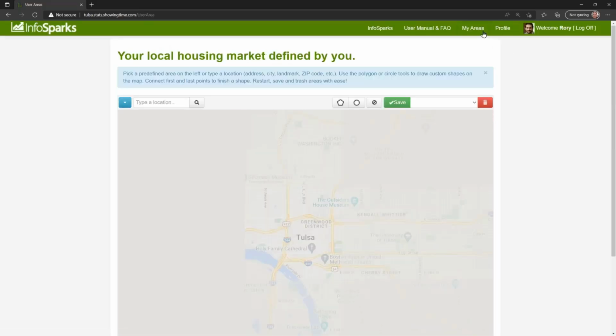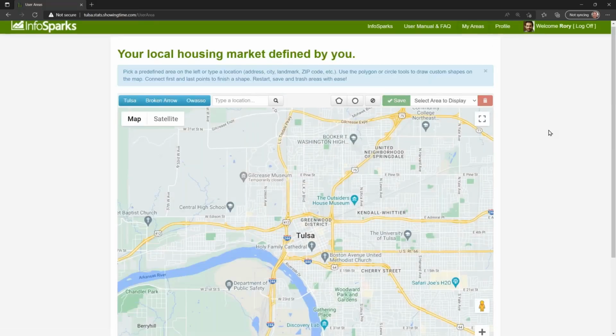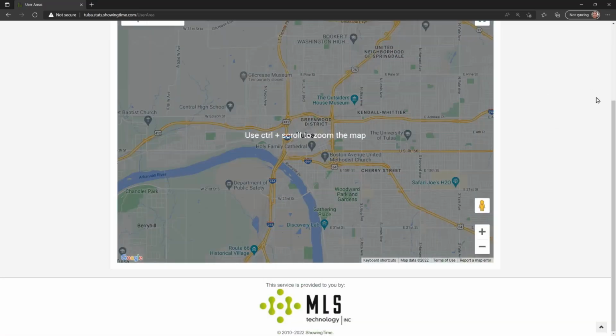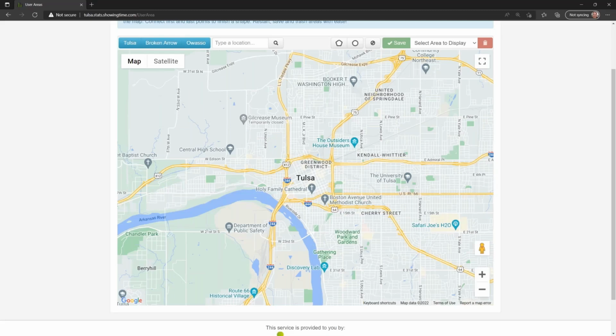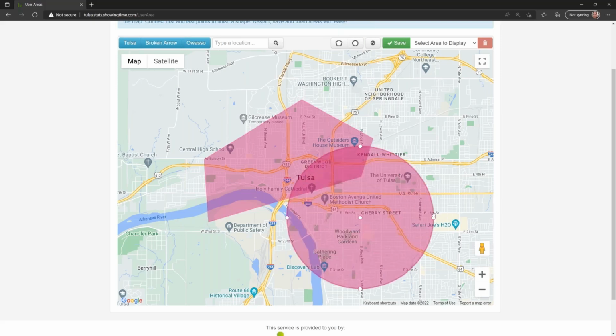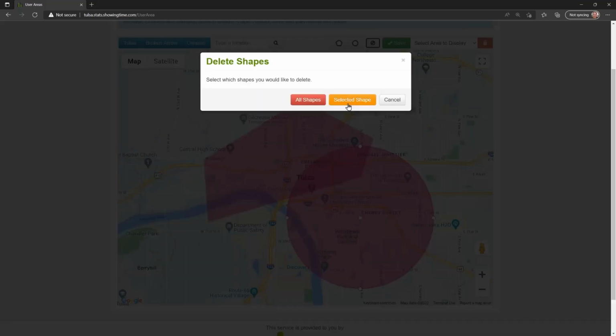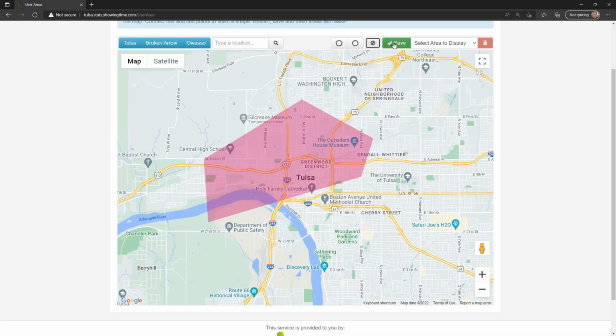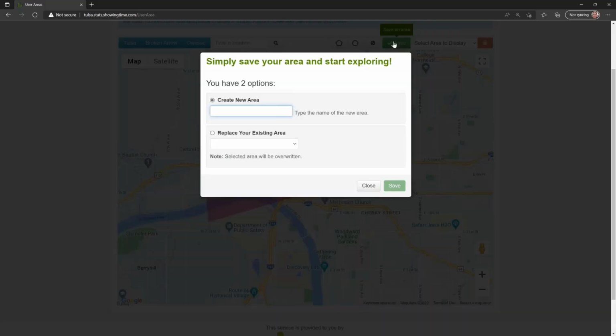And then finally is the My Area section. This allows you to create your own custom area and run reports on it. So I can simply click in here and draw an area. I can grab any of these corners and make adjustments. If I want to draw a circle instead of polygon, I can do that. You can have multiple shapes if you want. You can delete shapes if you make any errors. Once you've got the area you want, save it